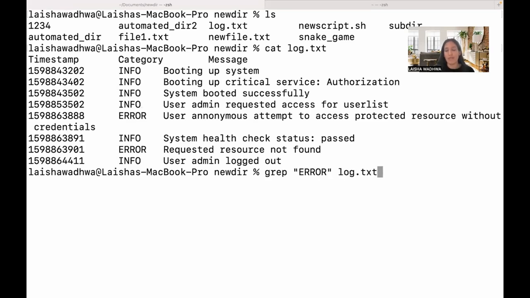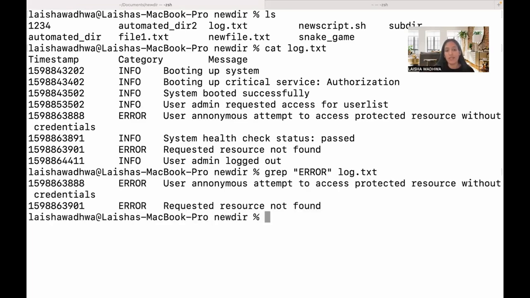So what I'm going to do is grep error log.txt. We're very familiar with that. So it is going to print all of the error lines for me. Let's say I want to only look at everything else apart from info, because generally when we are looking at logs, we want to omit any information messages. So we can use the -v option to get all of the details apart from info,